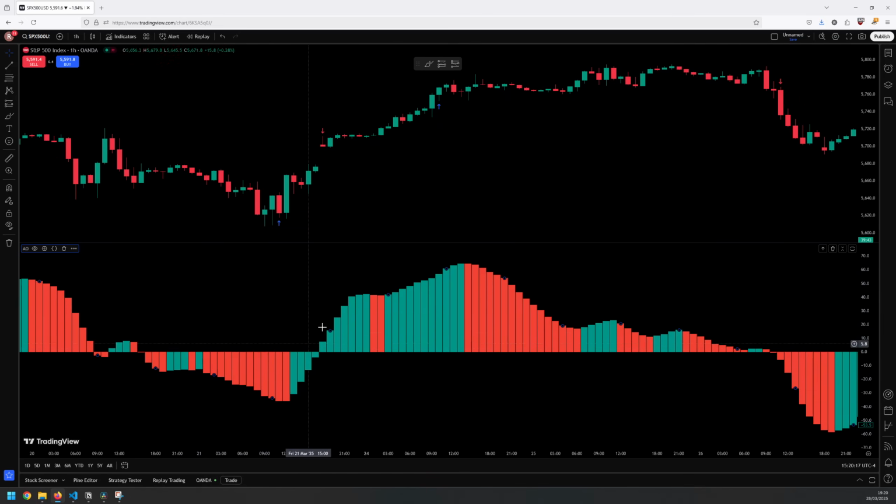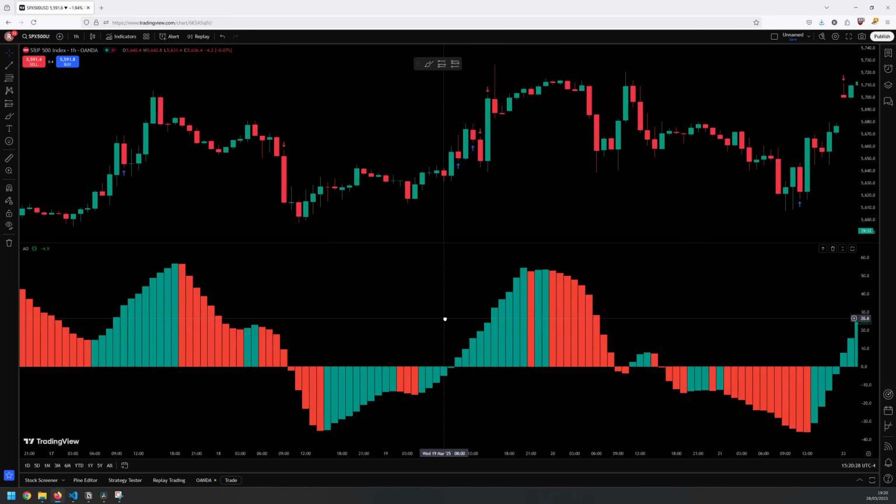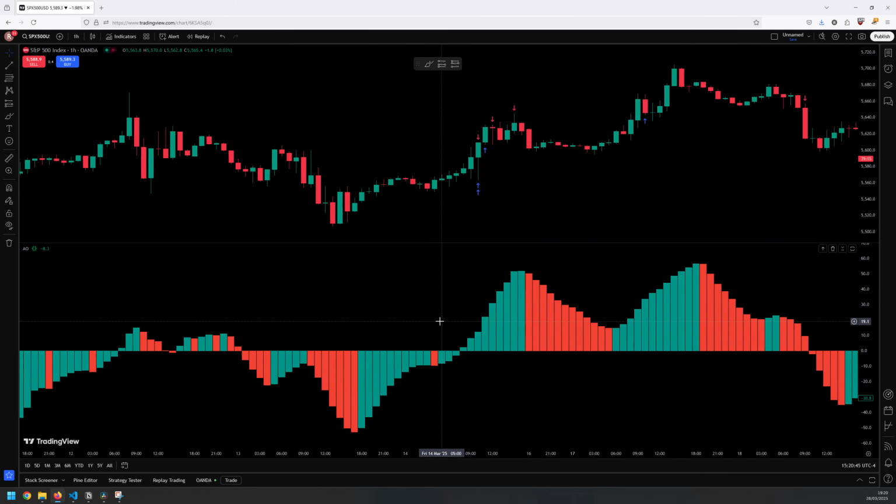This down here is the Awesome Oscillator. It's basically two exponential moving averages, the 5 period and 34 period. And the oscillator value up here is the difference between those two moving averages. It effectively tracks the difference between those two EMAs. As the EMAs move further apart, the value increases, and that gives these green candles. On the other hand, when the EMAs start to come together, the distance between them decreases and the histogram turns